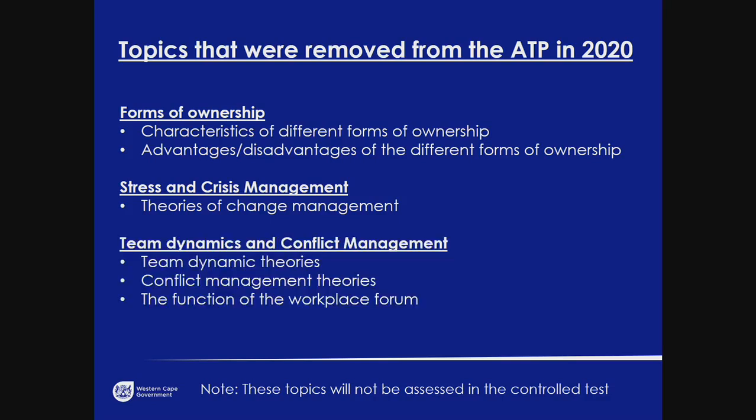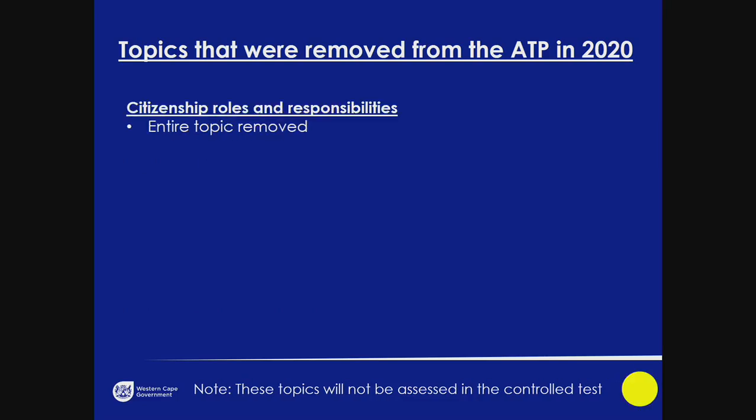Under team dynamics and conflict management, these three bullet points show the various topics that were removed in 2020, so it won't be examined: team dynamics theories, conflict management theories, and the function of the workplace forum. And then under citizenship, roles, and responsibility, this entire topic was removed. It's a very short section of work anyway, but the entire topic was removed